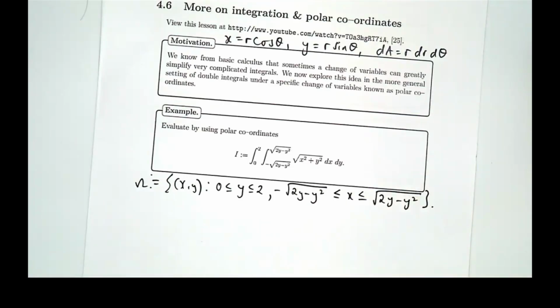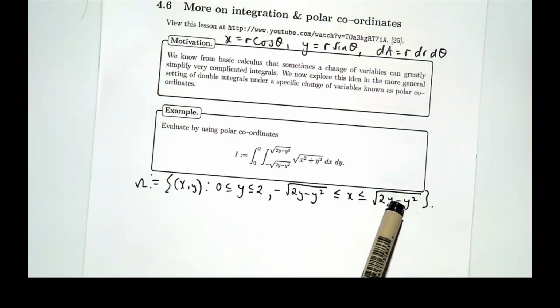Okay? So it's not super clear what region this actually is. Okay, the square roots cause a bit of confusion, but one way to simplify it is basically square that,